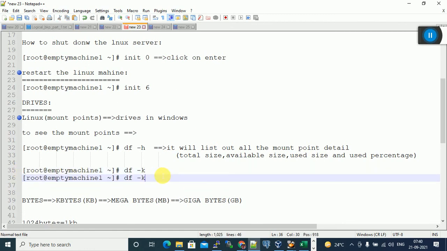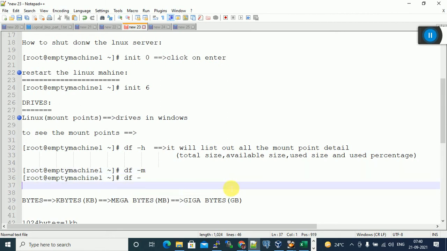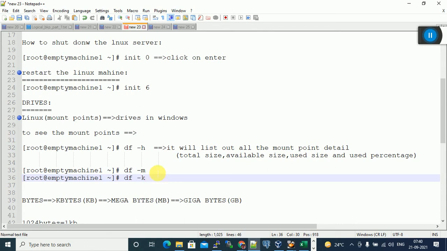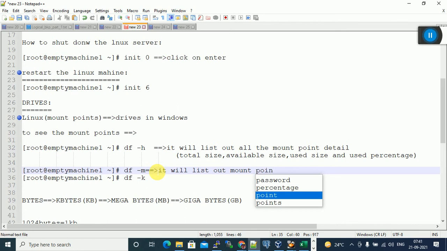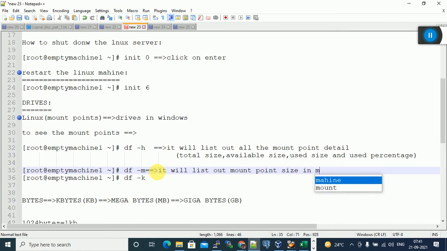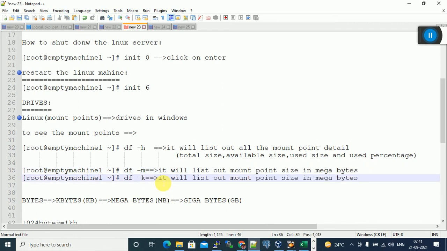With df -, if you want to see megabytes, use m, and if you want to see kilobytes, use k. It will list out the mount point size in megabytes, and similarly in kilobytes.